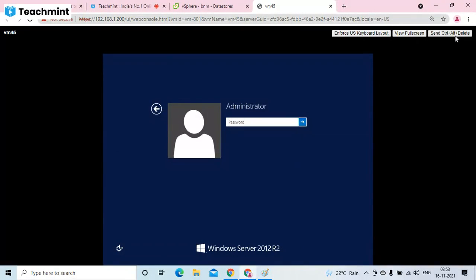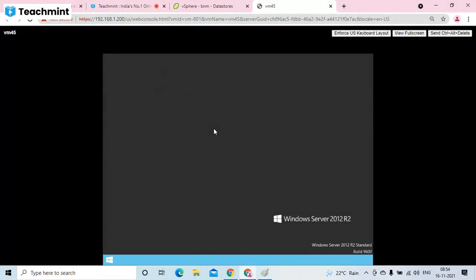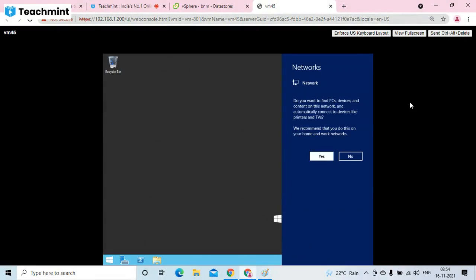Here you will find an option called Send Control Alt Delete. Enter that password. Okay, now the machine is ready. Windows machine is ready.